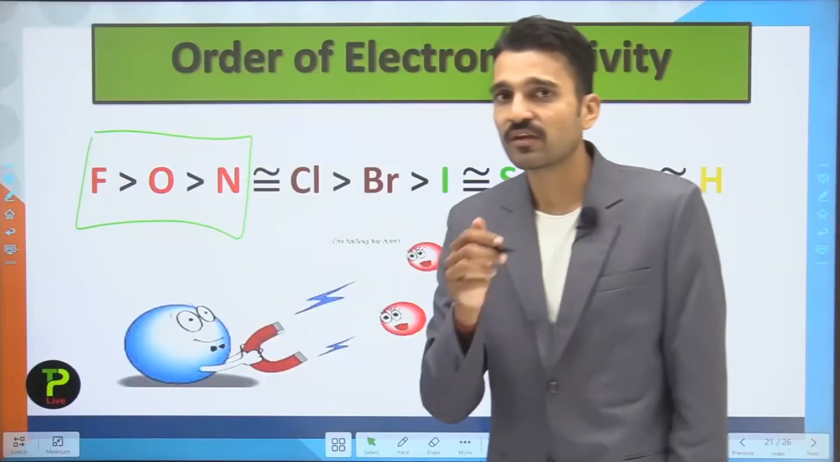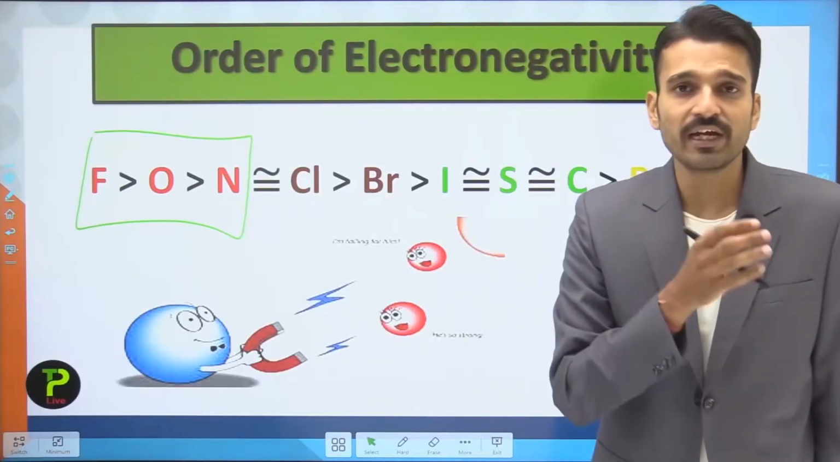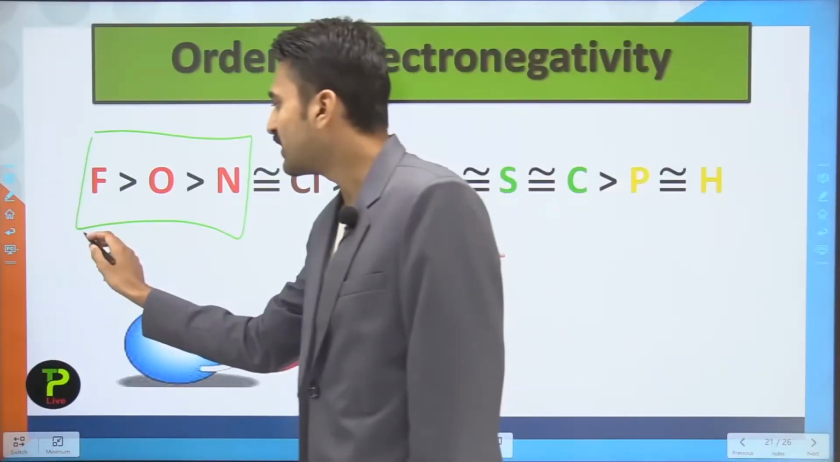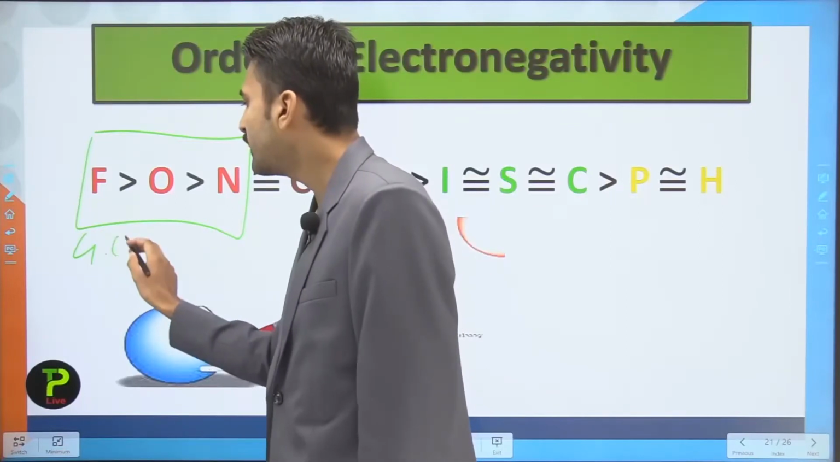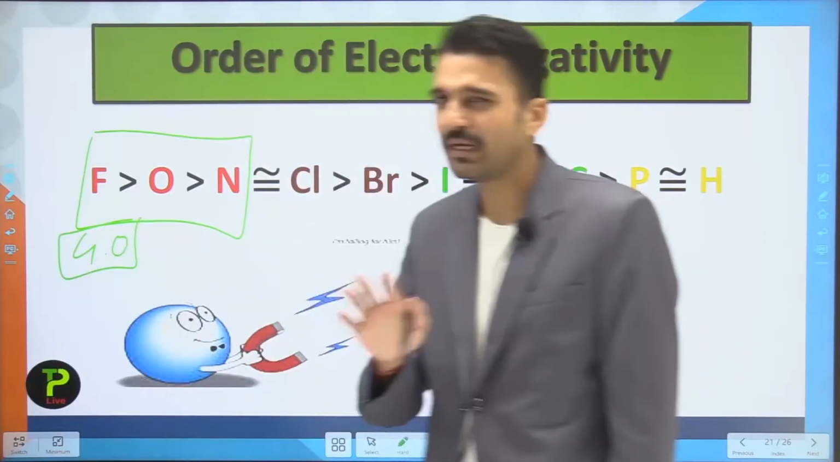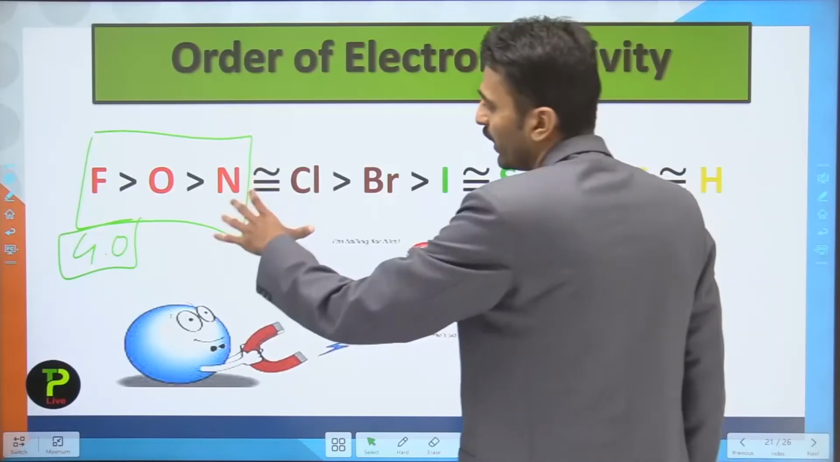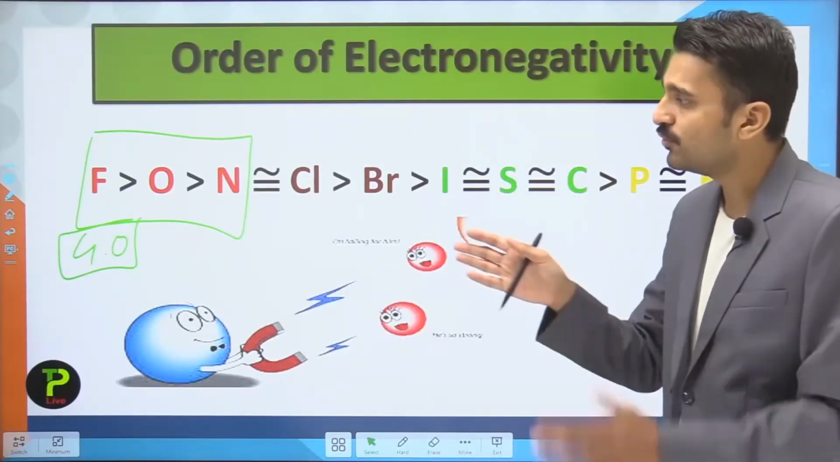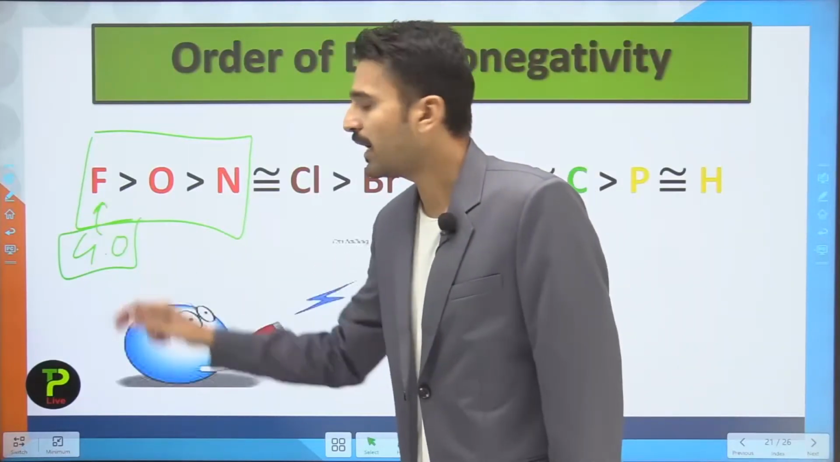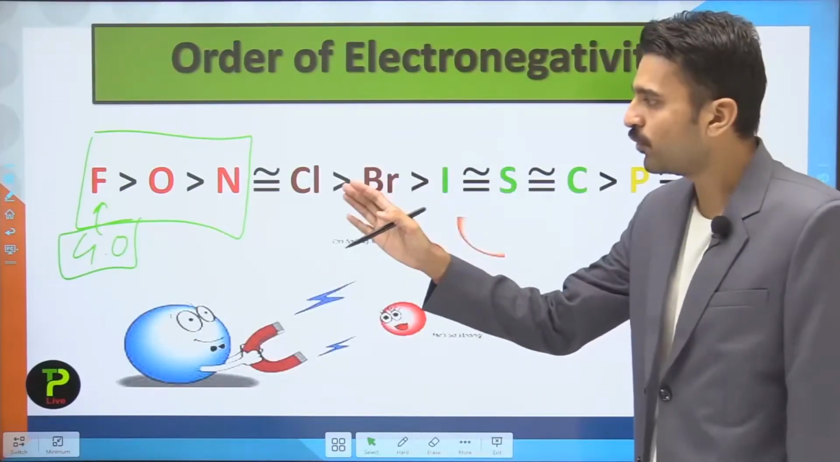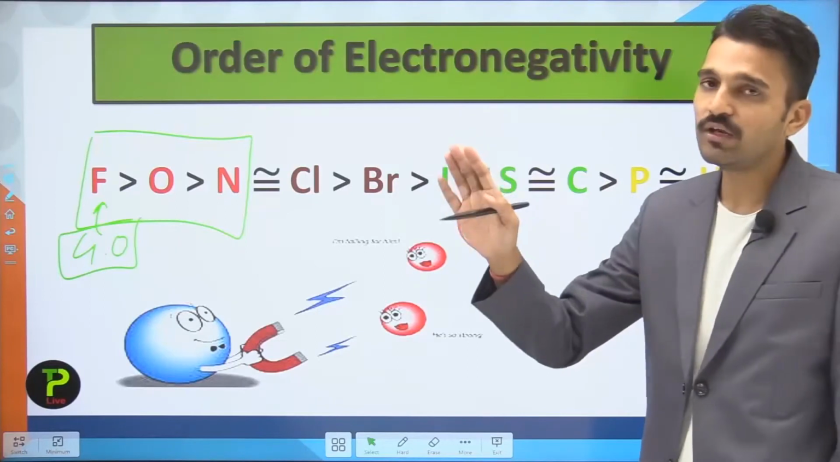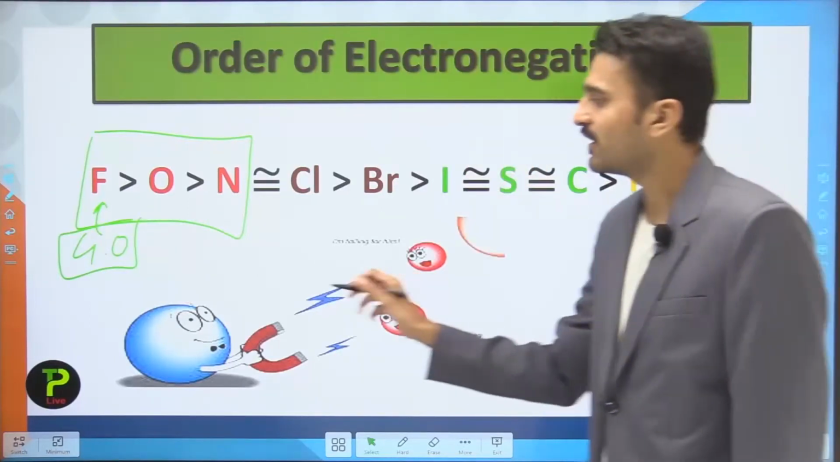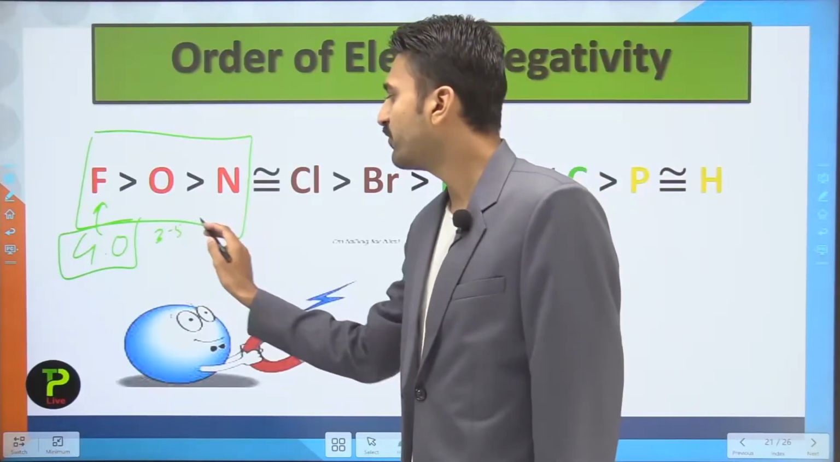So the highest amount of electronegativity is for fluorine, that is, it has the value of 4.0, or you can simply remember that FON, that is phone. So the highest electronegativity value is for the fluorine element. As we move from fluorine, oxygen, nitrogen, the value of electronegativity keeps on decreasing, that is 4.0, 3.5, 3.0,